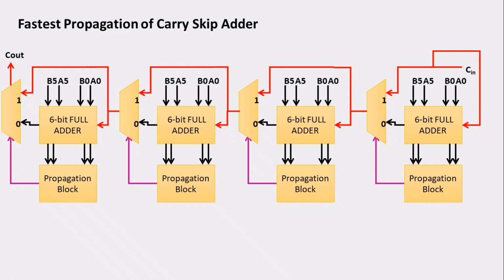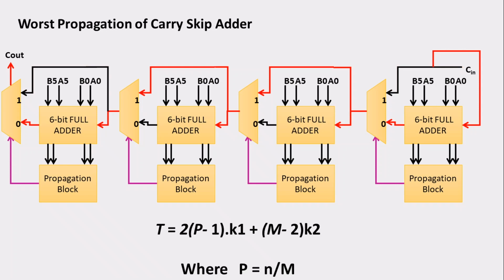The bits of A and B are totally different, but that cannot be the case all the time. There might be a case where the bits will be different and we might not achieve the same delay path. So what is the worst case? The worst case will happen whenever the LSB bits are the same, the carry will be generated at the first step itself.